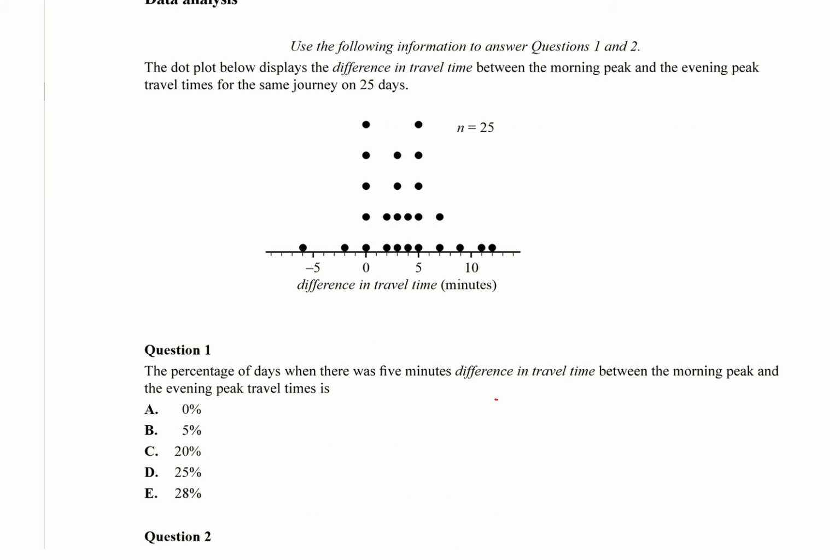We've got a dot plot. So it's got 25 bits of data for difference in travel time. Okay, so difference in travel time between the morning peak and the evening peak. Okay, so question 1, percentage of days when there was 5 minutes difference in travel time between that morning and